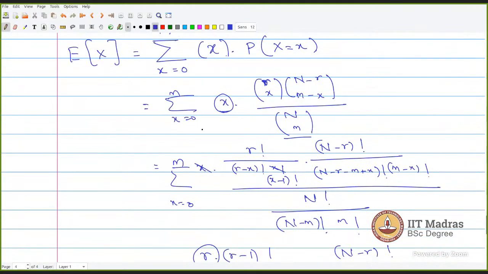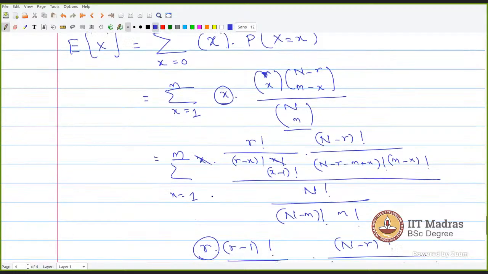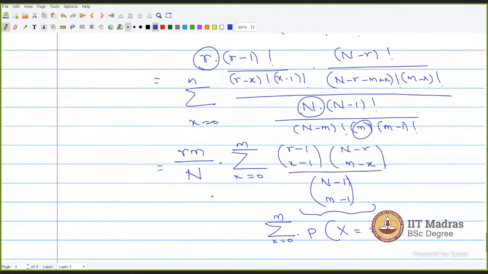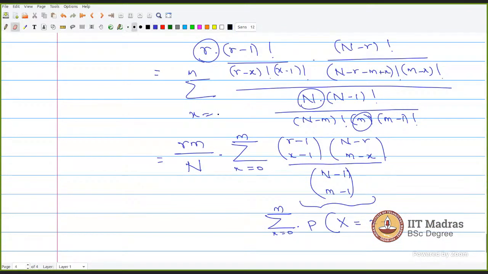What I would like to do is remove the 0 there. I can replace it with 1. So replacing with 1, here I will get 1, here I will get 1. So this is nothing but